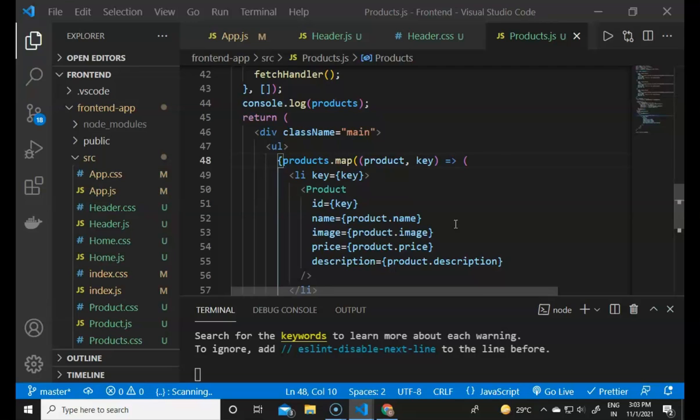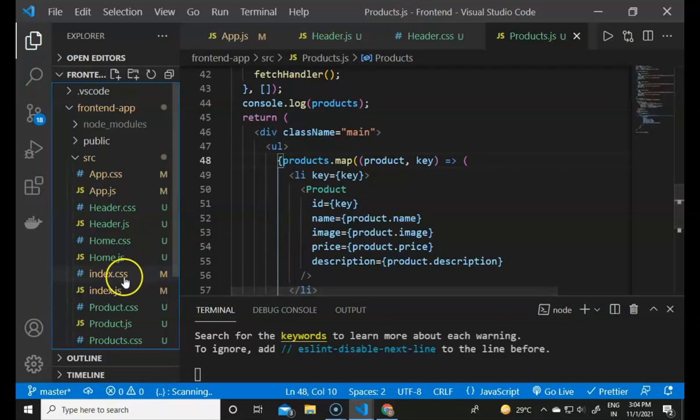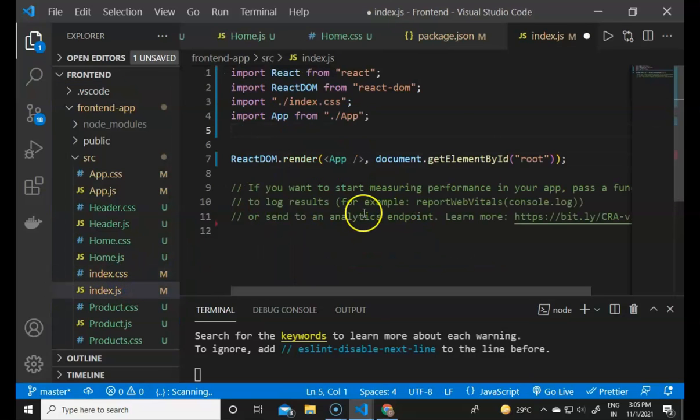But before the add functionality, first we will make a routing functionality, and then we will make the add, delete and update operations with product IDs in the URLs and all. So we have already installed React Router DOM, and now we have to go to the top level API of React and wrap the app component with the BrowserRouter in index.js. So we will go to index.js, and I will import the BrowserRouter from React Router DOM.